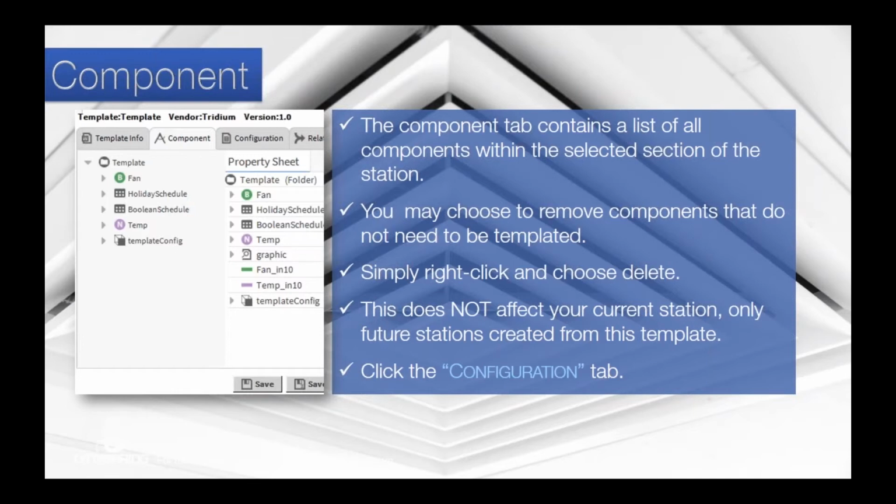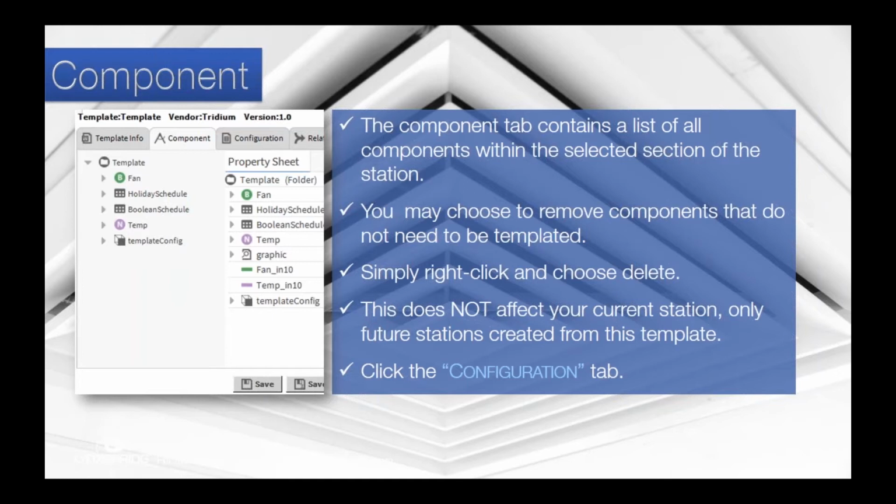So what this lets me do is if I have my folder that I'm templating, which I called template just to keep it obvious here, and I look at that schedule, I go, oh, I don't need that holiday schedule because that's one of my calendar schedules. All it is is a list of dates. I know in future deployments, I'll have that in an external folder. It won't actually be here. So you can highlight that, you can right click, you can delete it.